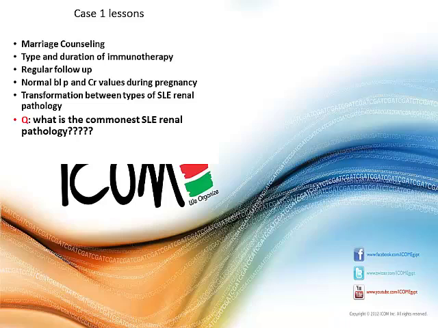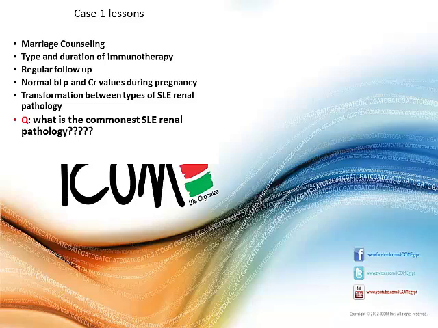So the lesson here is, from the start, marriage counseling. Someone who's young, wants to get married, and has some form of vasculitis or lupus, you really have to be very serious in advising her against marriage until her disease is quiescent. This is quite an important issue, because now she's in big trouble. Any heavy immunosuppression will affect early fetal development, or otherwise she will lose her kidney. Most of those patients will abort from either of the above.